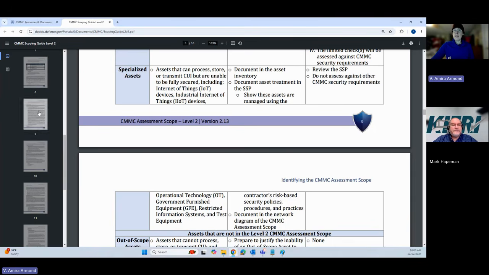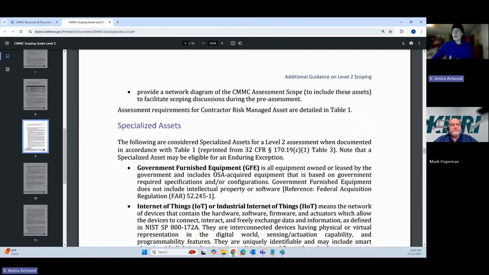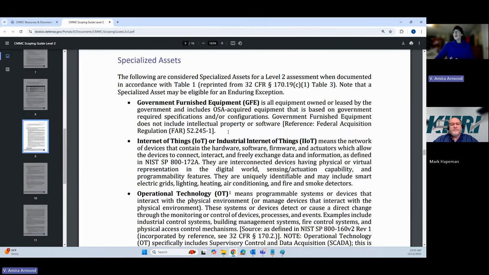Okay, so let's come back down to the different types of specialized assets. Very common, government furnished equipment could be laptops issued to contractor staff.